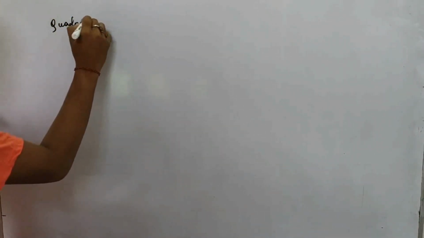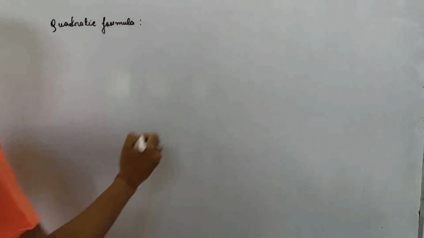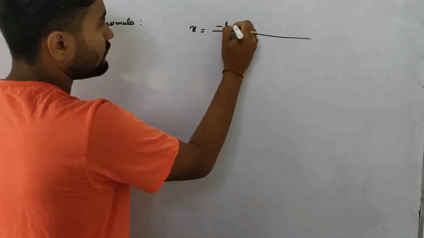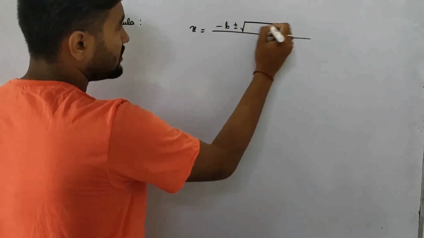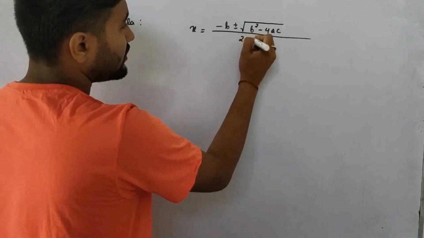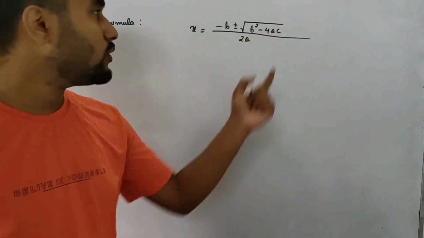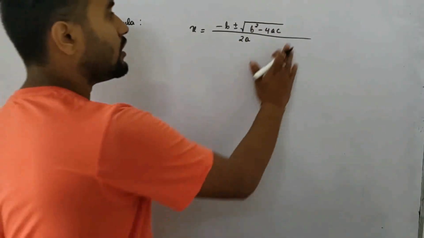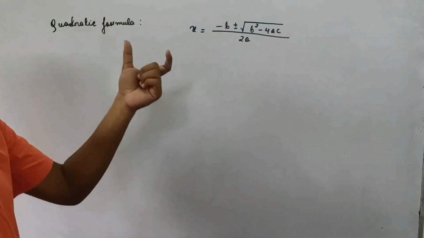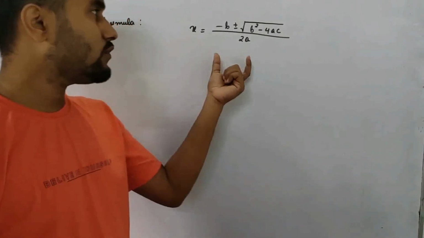Quadratic formula. So the formula is what? X will be equal to minus b plus minus root over b square minus 4ac by twice a. b is the coefficient of x, a is the coefficient of x square, and c is the constant. So this is the formula known as the quadratic formula. Any kind of quadratic equation, difficult or simple, by this formula you can find